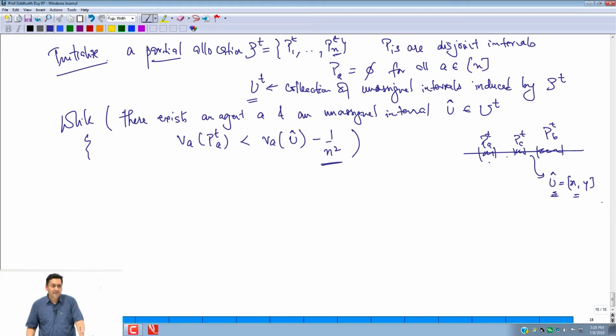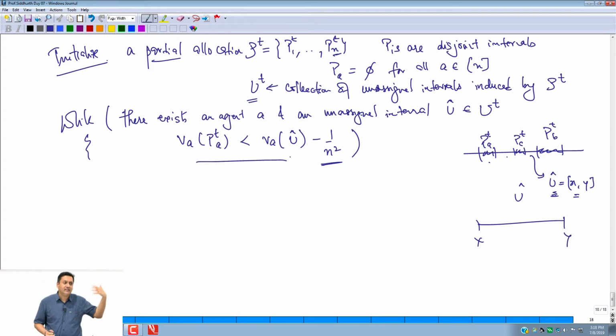The first point in time an agent claims that the cut is of value 1 over n square more than its current piece, I stop. So this is U hat, this is X, this is Y. A bunch of agents satisfy this, not just A, there might be other contenders. I'll ask all of them to make cuts like RA, RB, RC, and these cuts are made such that if, say, the Cth agent looks at X comma RC,